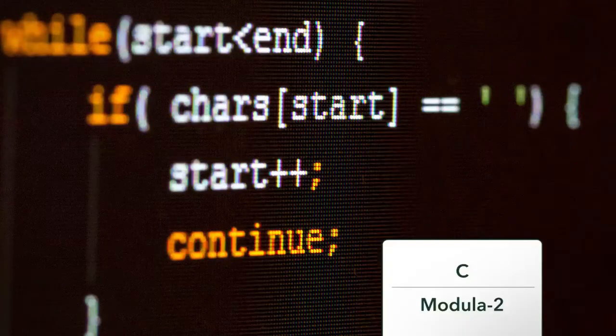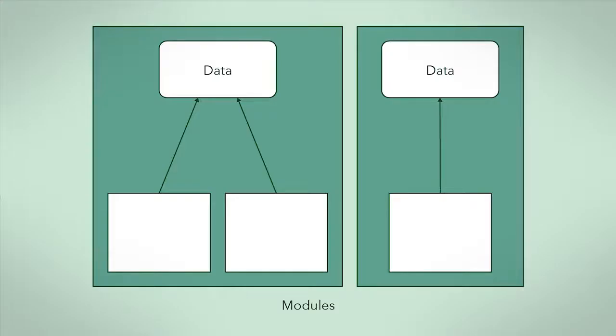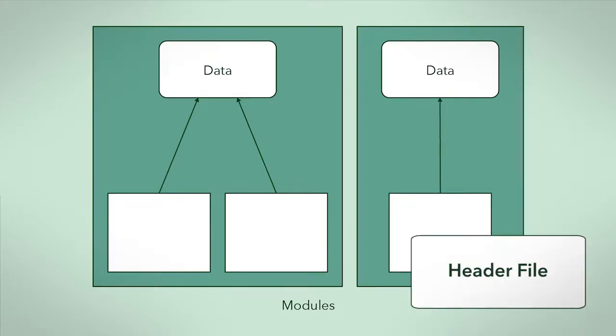For developers like Ted, this meant that software was becoming so massive that having one file for his program was becoming difficult to maintain. New languages arose, such as C and Modula 2, that provided a means to organize programs and allow developers to more easily create multiple, but unique, copies of their abstract data types. Programs could now be organized into separate files. In C, each file contained all the associated data and functions that manipulated it, and it declared what could be accessed through a separate file called a header file.